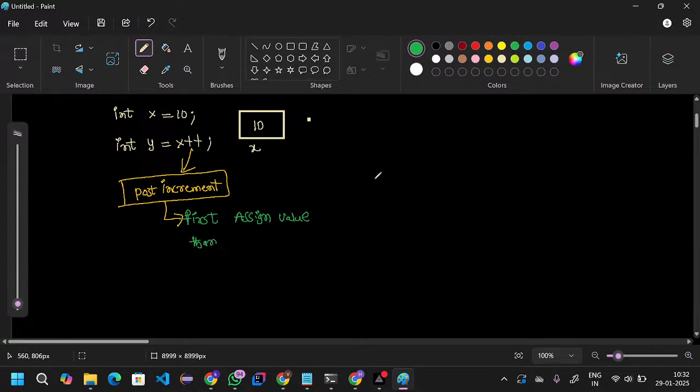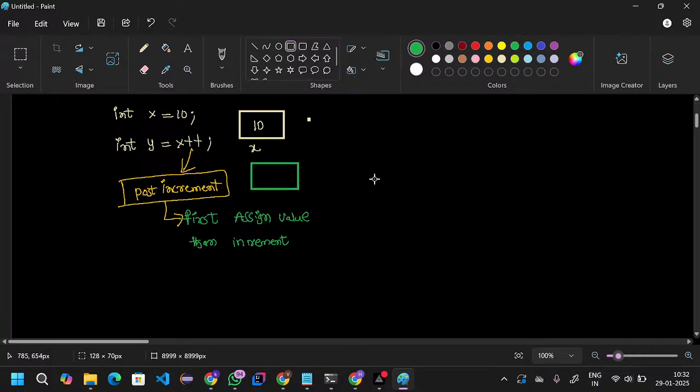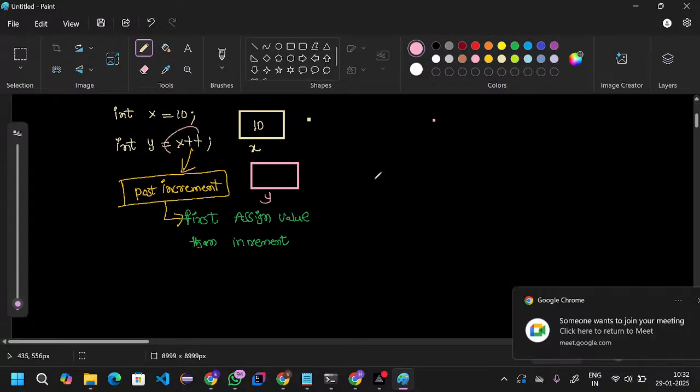Now, y is one container. This is the y container, and if it is post increment,